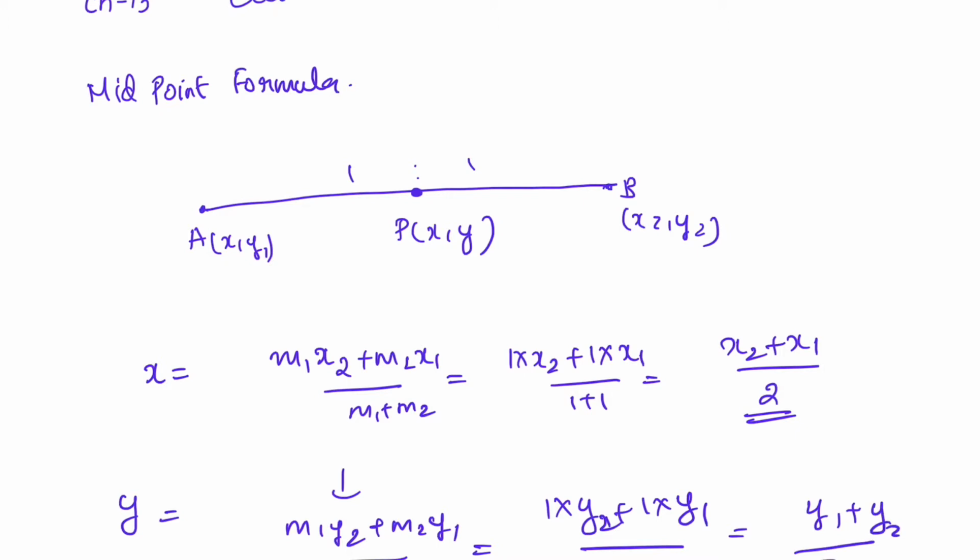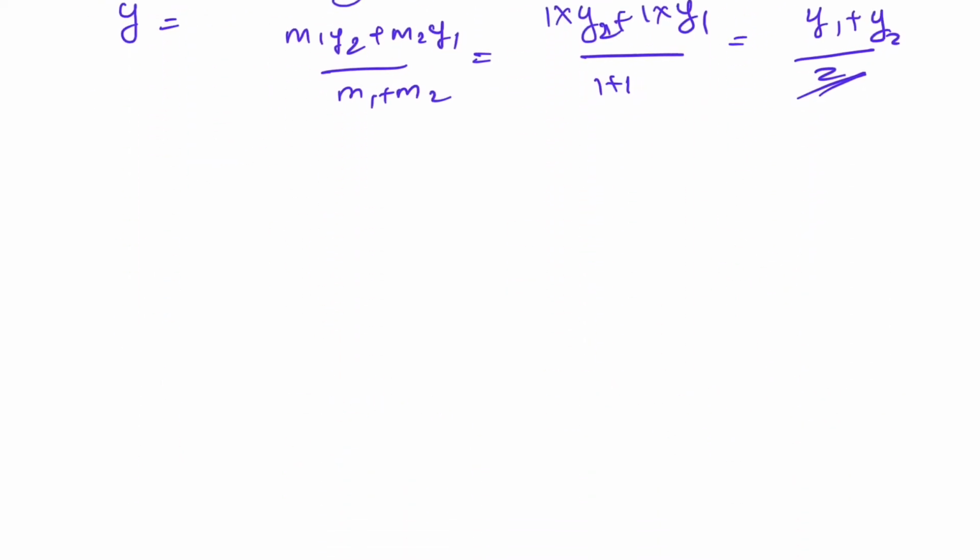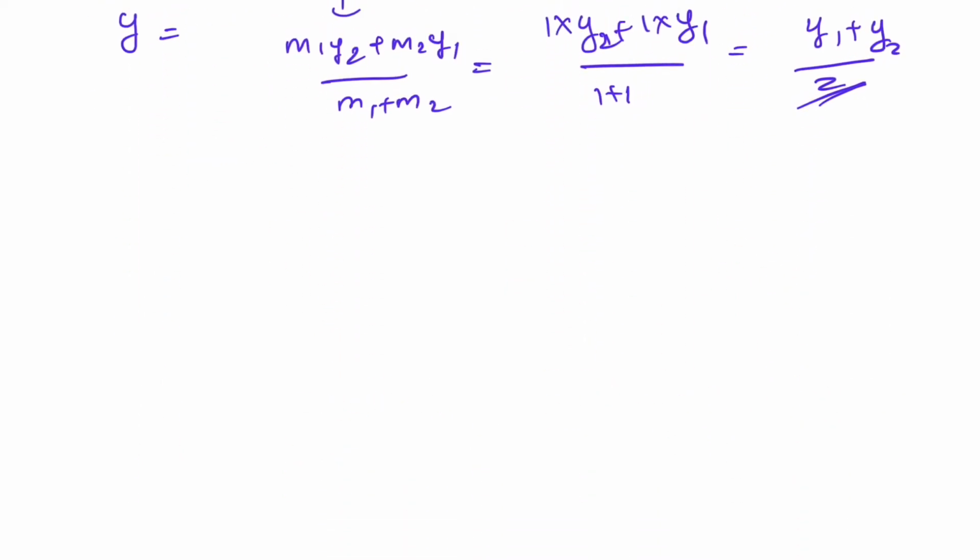Okay, hope it's clear, children. So this formula you will be using. Then we have one more thing here, centroid. What is centroid of a triangle? Coming to the centroid, I'll just give the explanation, and you do the problems, I'll give you a clear idea on it. The centroid of a triangle is the point of intersection of the medians and it divides each median in the ratio 2:1.